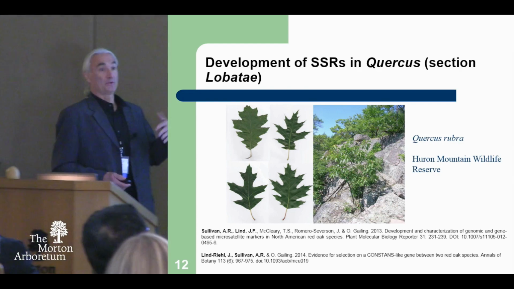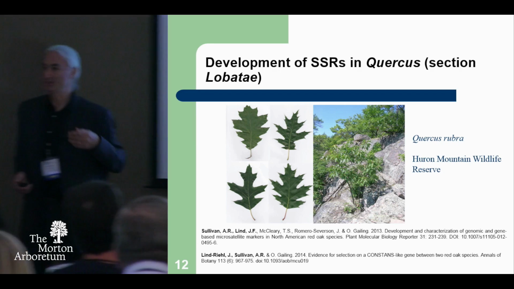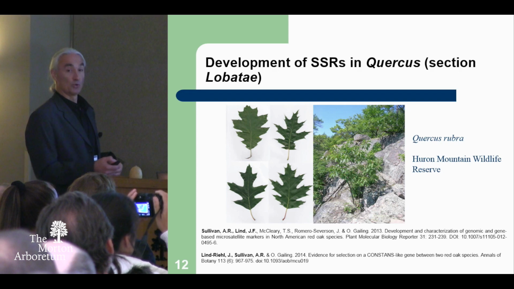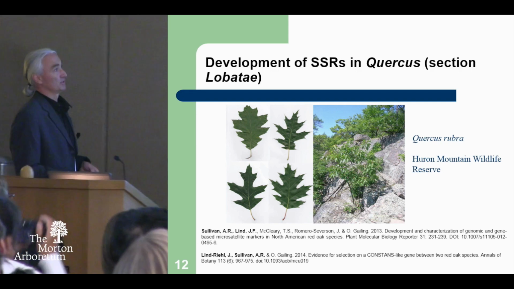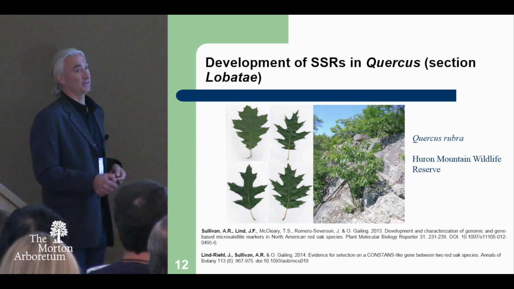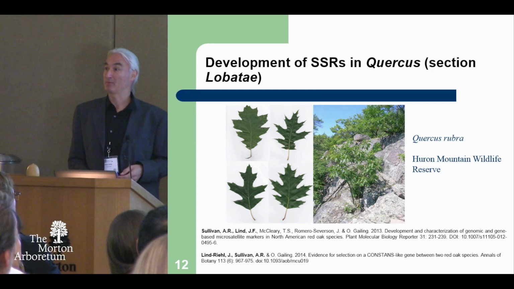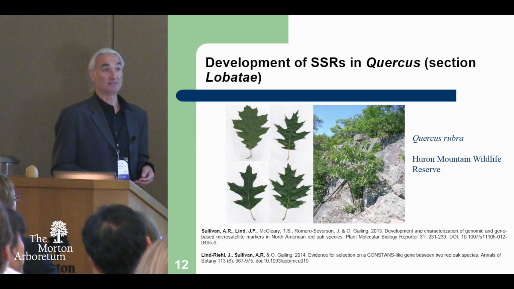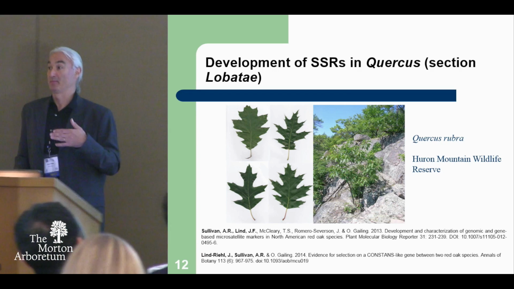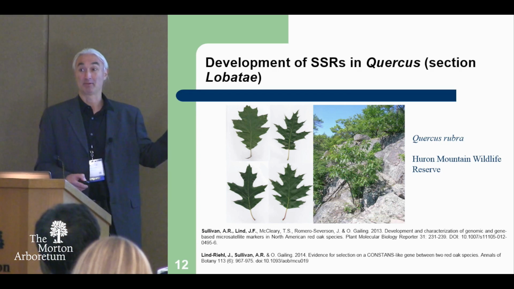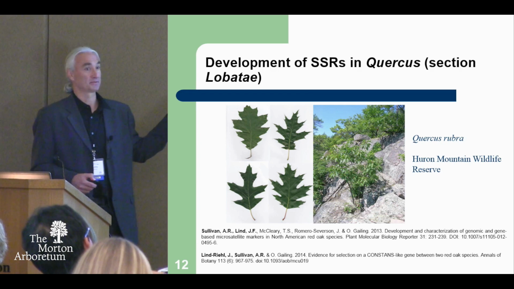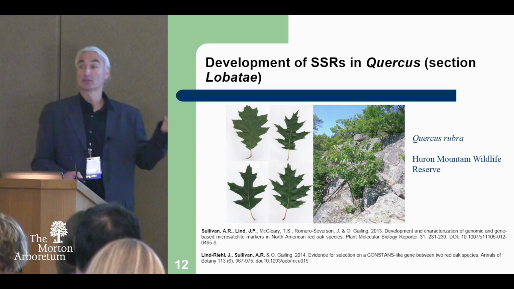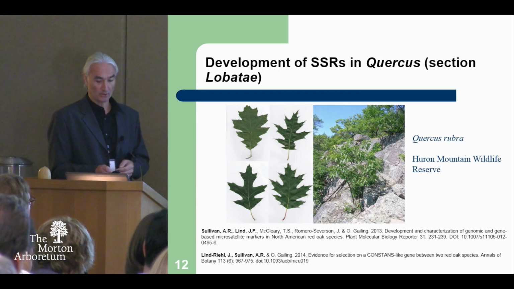So, when I first arrived on the Upper Peninsula of Michigan, I looked at some of these stands, and we wanted to collect some rubra and ellipsoidalis. This is in the Ural Mountain Reserve, close to Lake Superior. There are Quercus rubra plants that look very tiny, and they have a very wide variation in leaf morphology that is reminiscent of other species, but it might also be a reflection of the different environments. So we developed a set of these microsatellite markers, mainly transferred from European white oaks, and